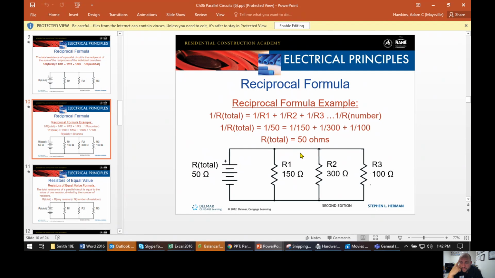So you're going to work through that, and you're going to say 1 over the first one plus 1 over the second one plus 1 over the third one equals 1 over the total. So when we're in class, when I'm giving you pre-lab info, I'm going to show you